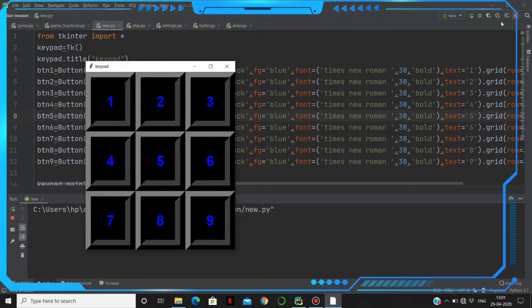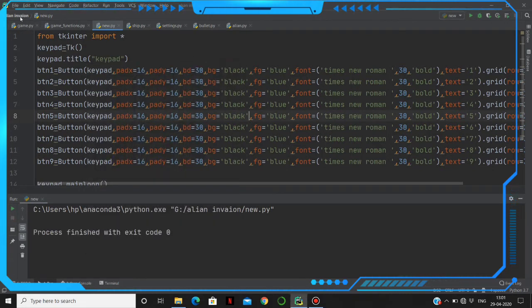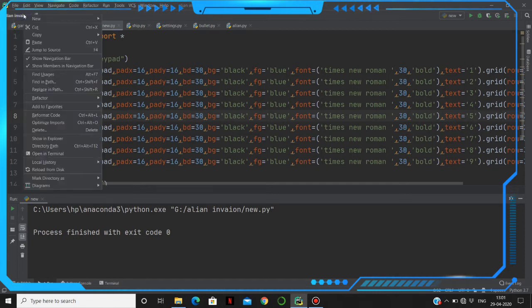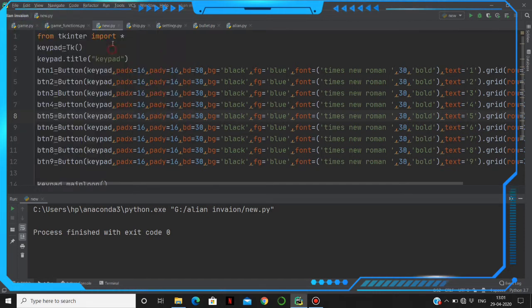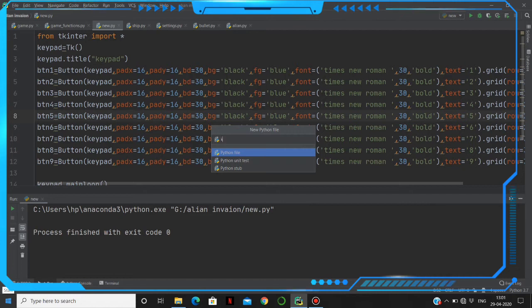Let's go to the coding part. Let's create a new Python file. I'm going to name it keypad, because we are going to build a keypad.